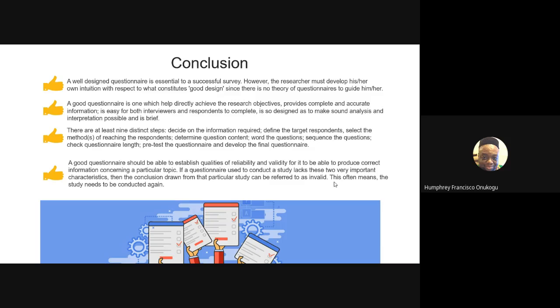If a questionnaire used to conduct a study lacks these 2 very important characteristics, then the conclusion drawn from that particular study can be referred to as invalid. This often means the study needs to be